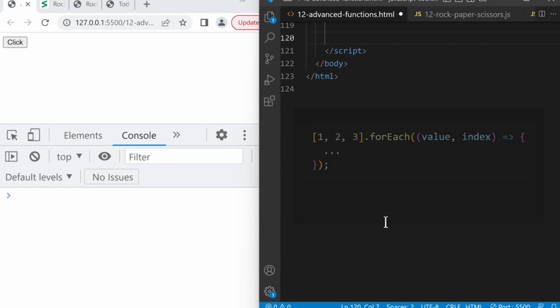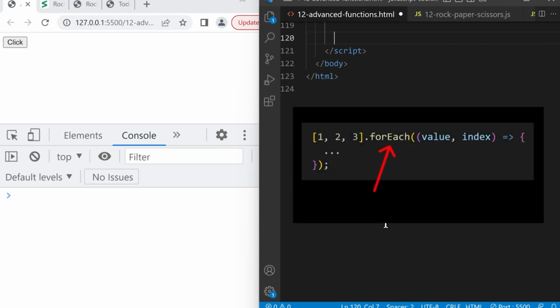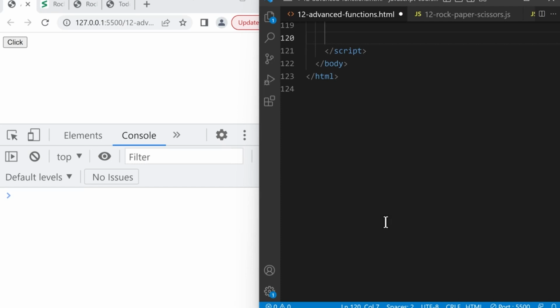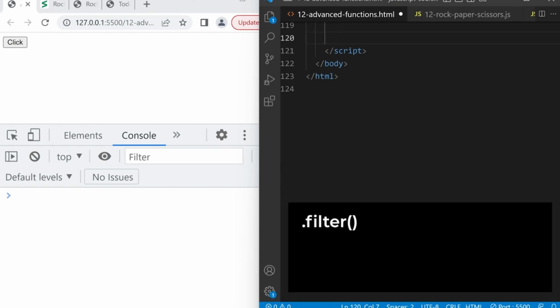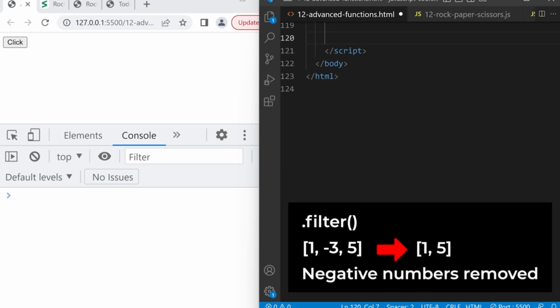So in this lesson, we learned the array method for each, which lets us loop through an array. Now we're going to learn two more array methods called filter and map. So let's start with filter. Let's say we have an array of numbers and we want to create a copy of this array with all the negative numbers removed. So let's go up here and create an array of the number 1,